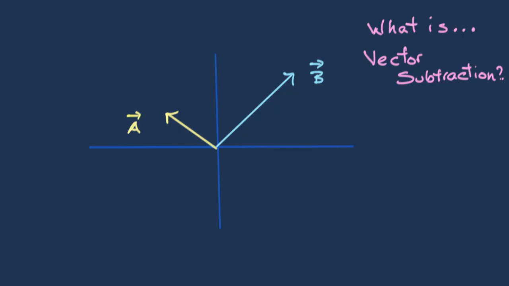All right, so in this video, what I'd like to do is discuss what it means to subtract one vector from another. And before we do this vector subtraction, let's remind ourselves very quickly what vector addition is. So for example, if I want to add a and b, so a plus b, what I do is I